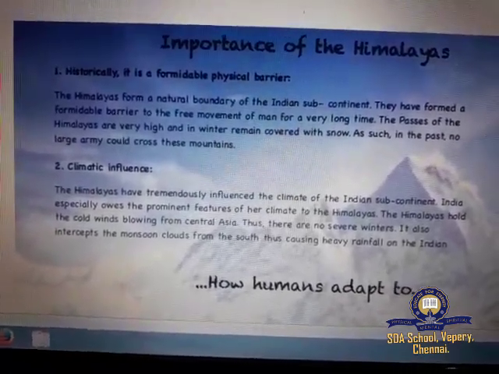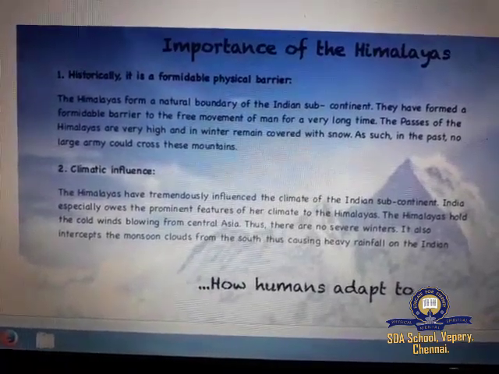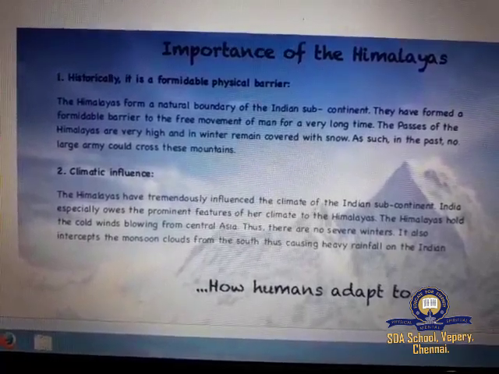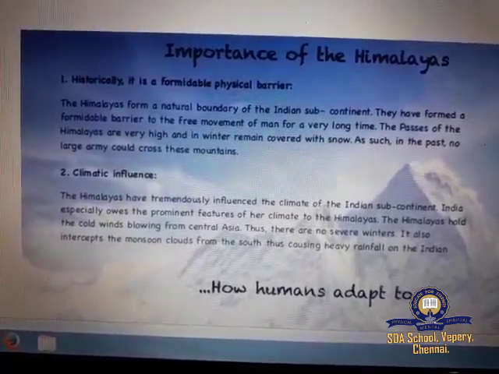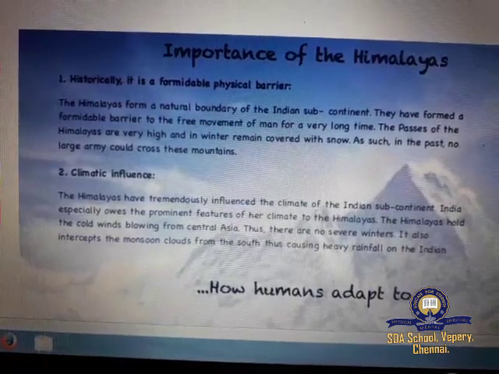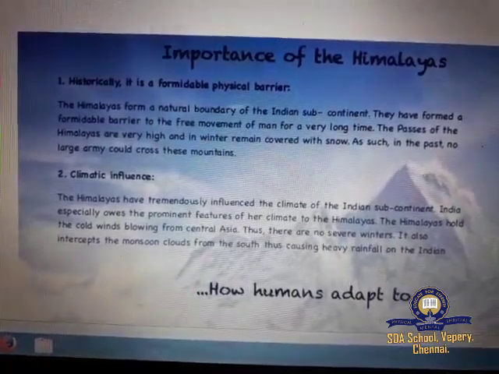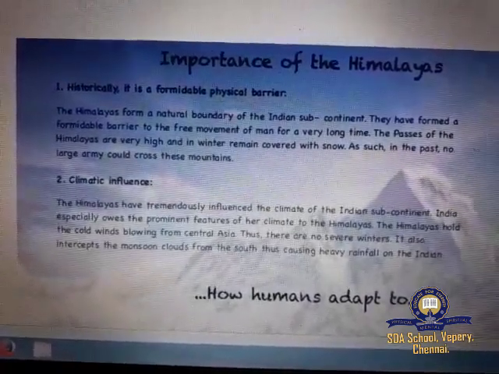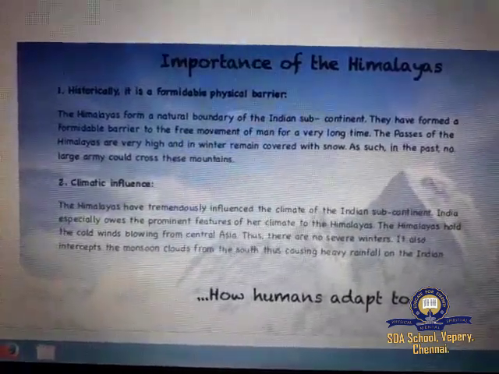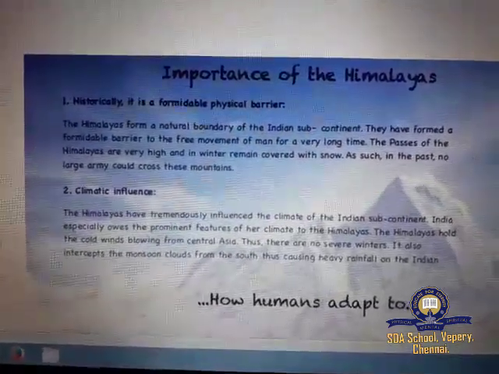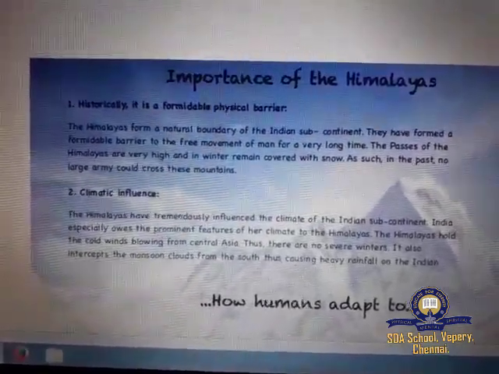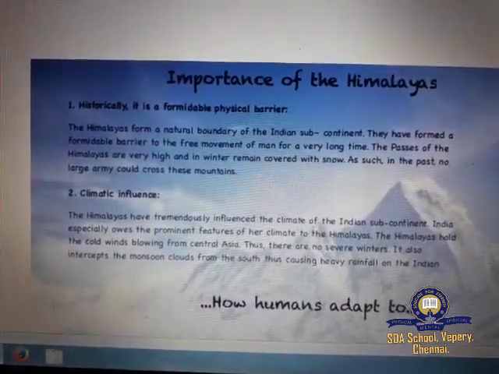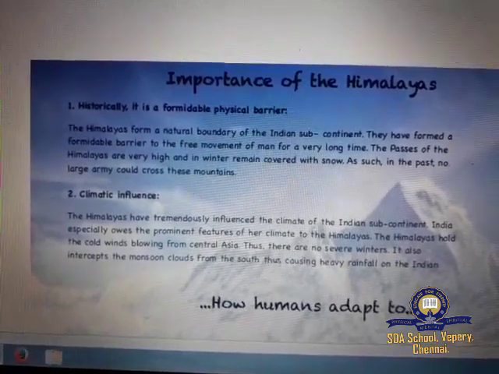It is a source for many perennial rivers like Indus, Ganges, Brahmaputra, etc. The northern mountains are described as the paradise of tourists due to their natural beauty. Many hill stations and pilgrim centers like Amarnath, Kedarnath, Badrinath and Vaishno Devi temple are situated here.